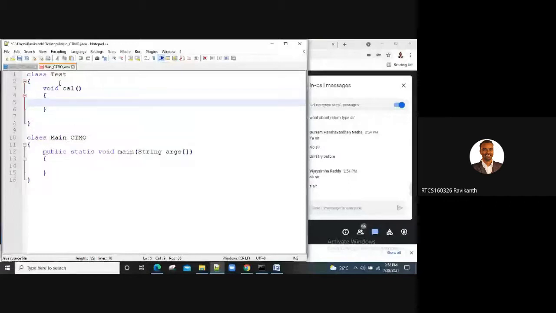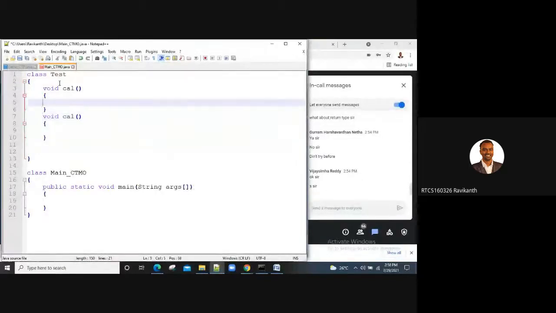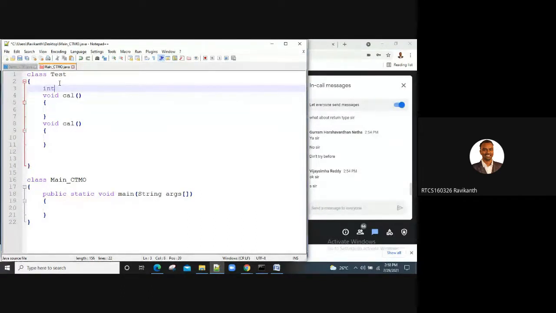Then the same method I would like to overload. In one method, I would like to perform square. In the other method, I would like to perform addition. So here, I'll declare a variable, let's say a comma b.